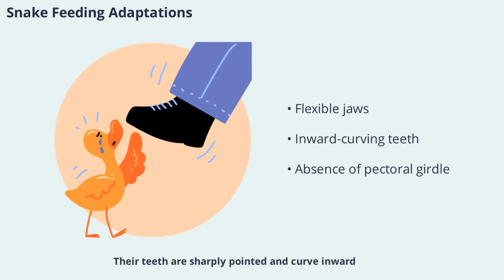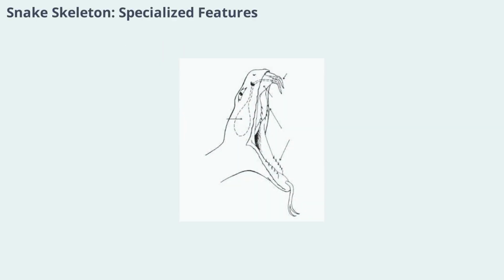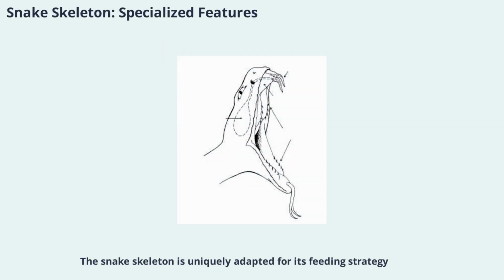Their teeth are sharply pointed and curve inward, helping to grip and maneuver prey into the esophagus. The absence of a pectoral girdle and sternum further facilitates the passage of large meals. Snake skeleton is uniquely adapted for its feeding strategy. The absence of a pectoral girdle and sternum, combined with a highly flexible skull, allows snakes to consume prey of